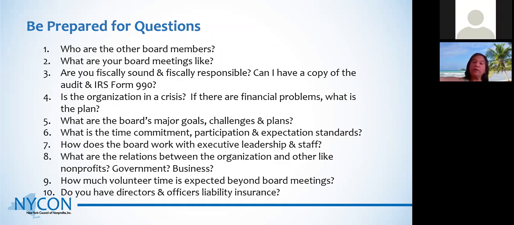This is an important conversation to have at your board level. So for instance, some organizations say, okay, we meet monthly as a board. We expect everyone to participate on a committee. And then there's volunteer or fundraising or other preparation work. So we have an hour-and-a-half board meeting, an hour-and-a-half committee meeting, plus some prep time. That's 2 hours each, plus 2 hours additional time. And those are our expectation standards.